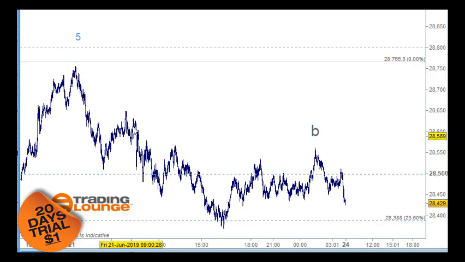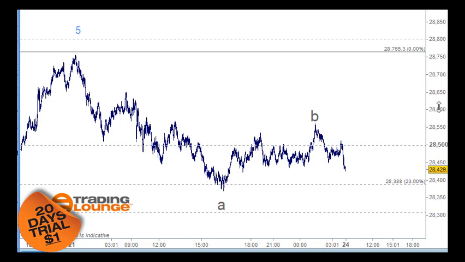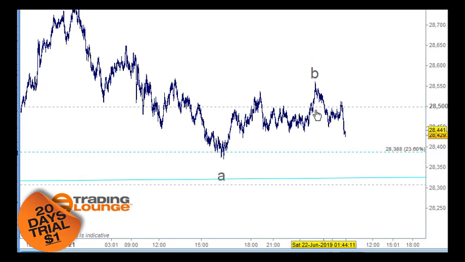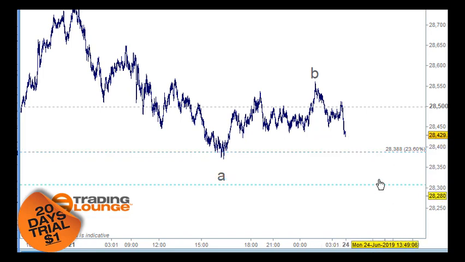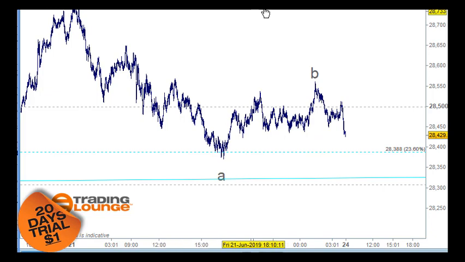So we've got wave 1, wave 2, wave 3, wave 4, wave 5, an A wave, a B wave into one of these lows here, to this low, and then 1 and 2 and 3 and 4 and 5 here for wave B here. And then in this case here, this would just be wave 1 here and little ABC for wave 2, and this is beginning a 3rd wave. So it's pretty high confidence that we will be going lower through all of this here, so that makes it a good short trade in this instance.